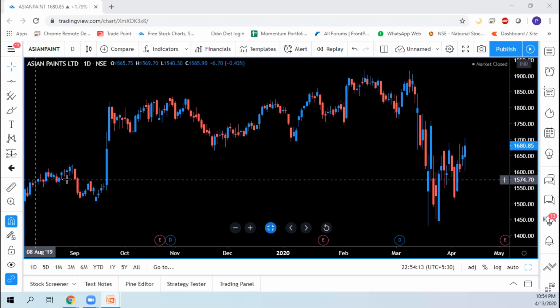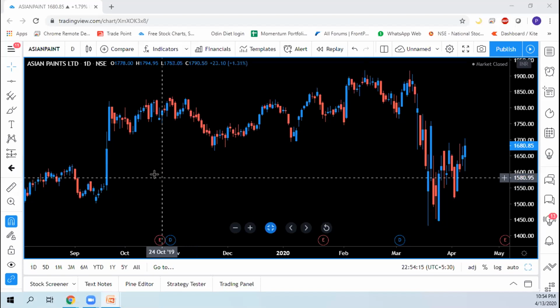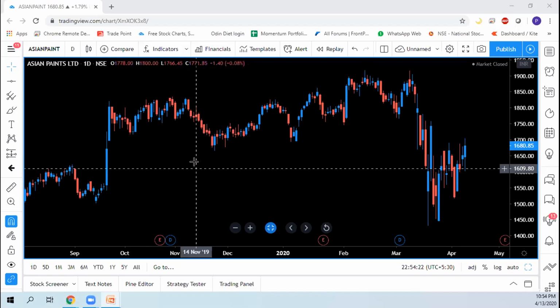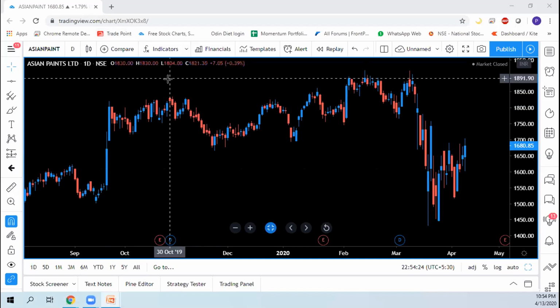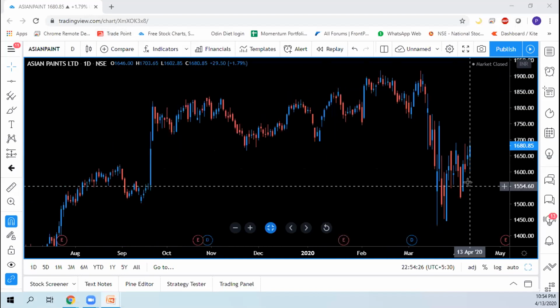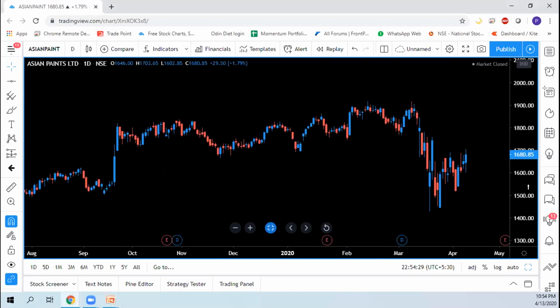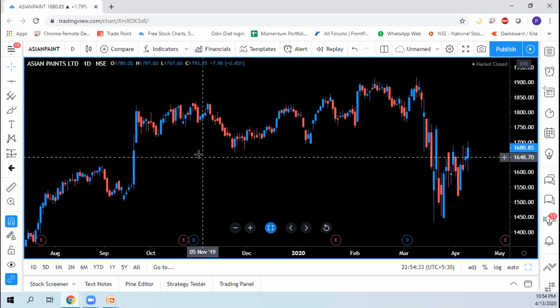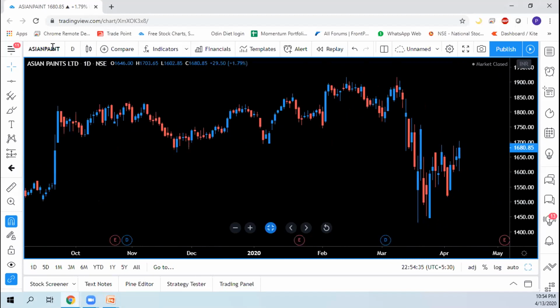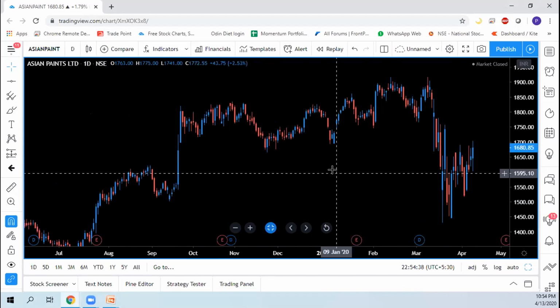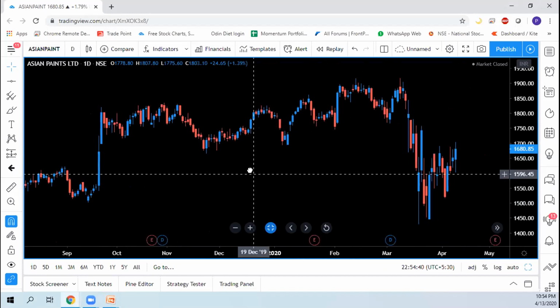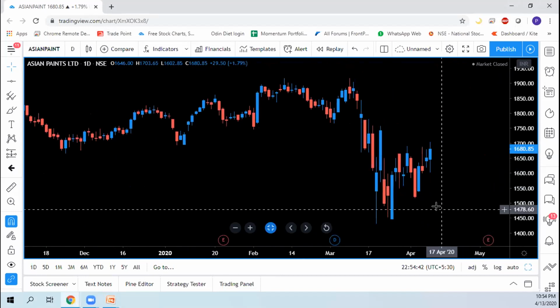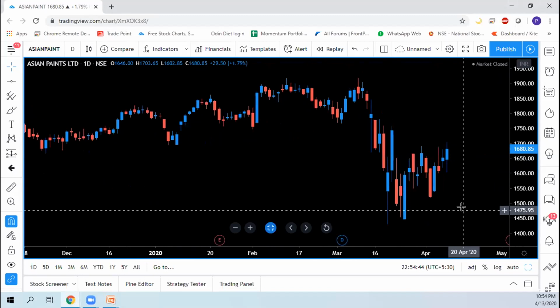Okay, so you can see my screen, right? Yeah. Okay, fine. So this is the TradingView platform which I'm using. I'm using a premium version of TradingView. The stock which I have selected today is Asian Paints. You can select any stock. This was in my watch list a few days back. It was trading in a 2-day balance,